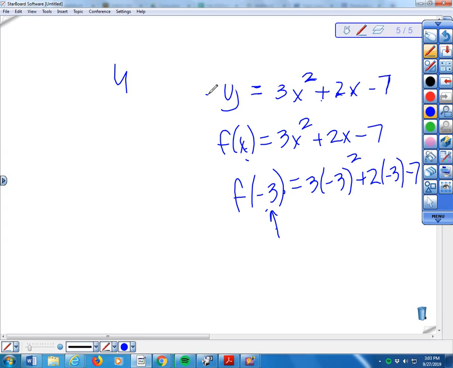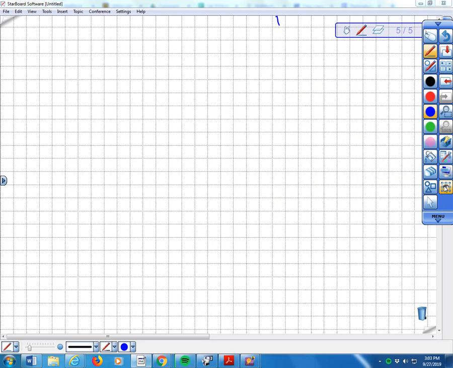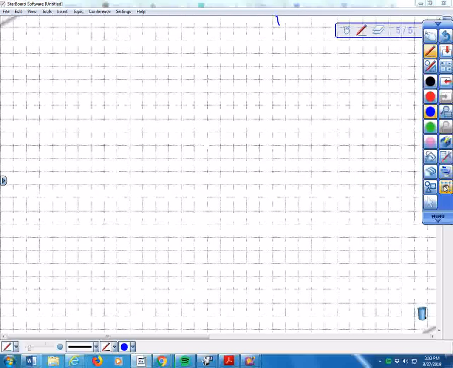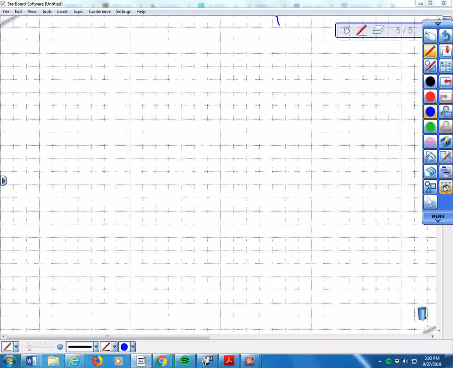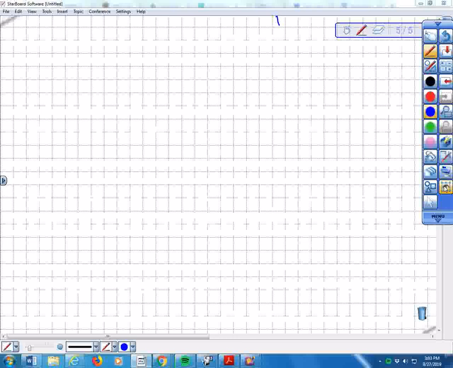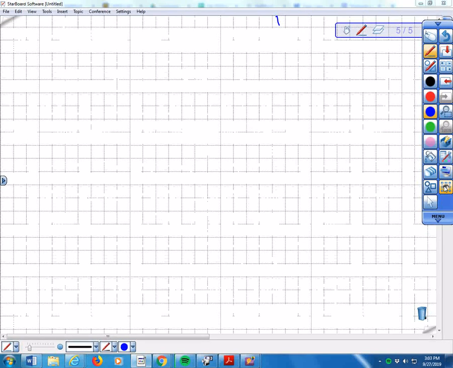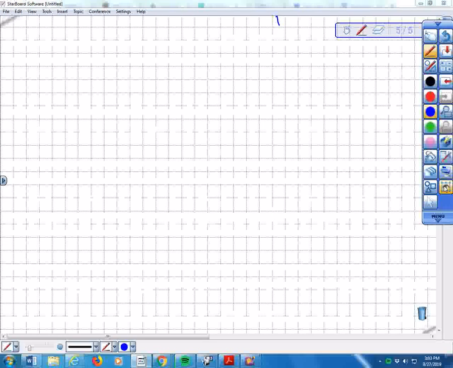Okay, the last part of this section talked about domain. And domain is just a fancy way of saying what are all the possible x values in this function. Domain is a fancy way of saying x values in a function. Okay, so as an example,